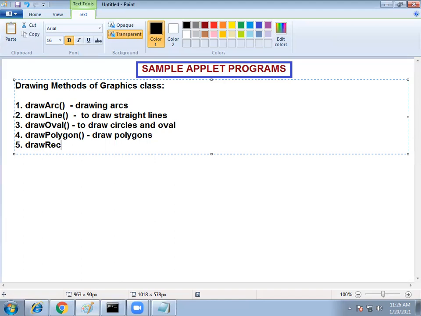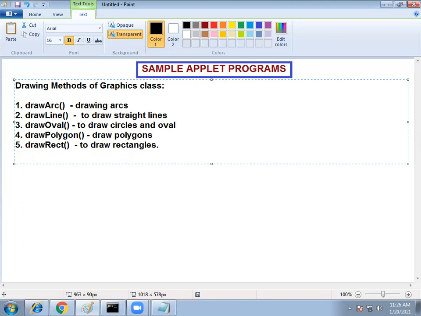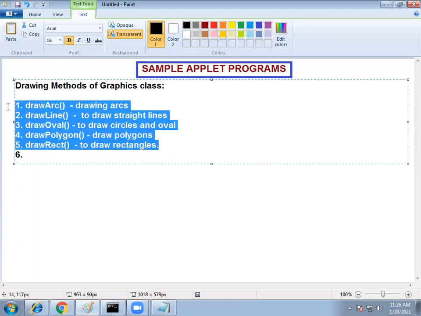Next one, drawRect, to draw rectangles. Now for all these, fill methods are also available.